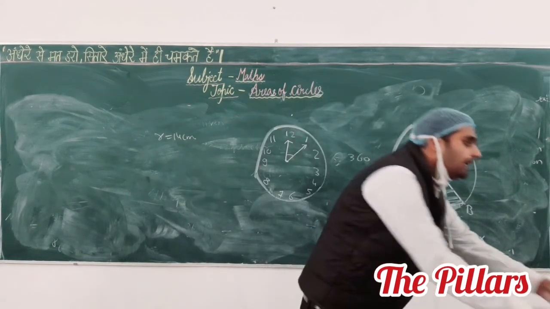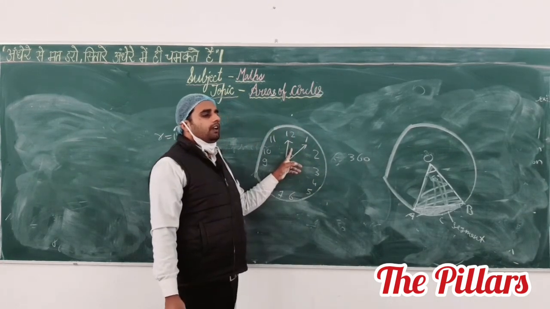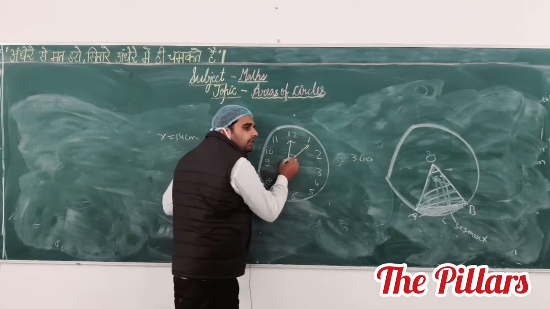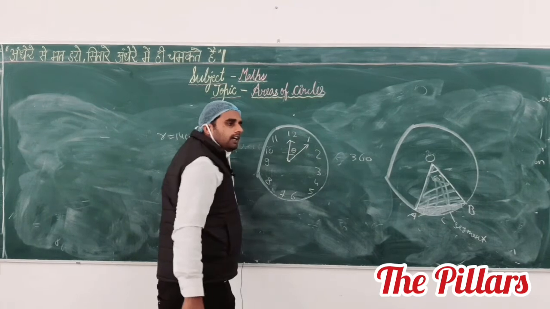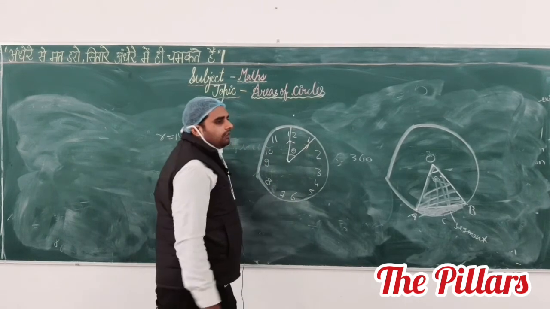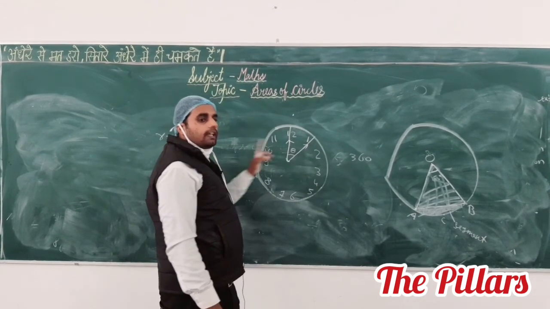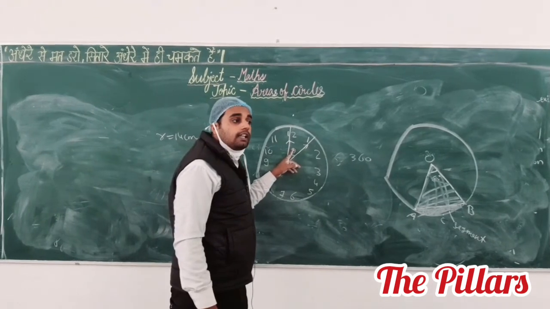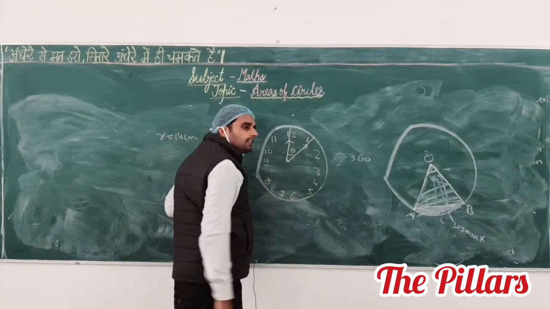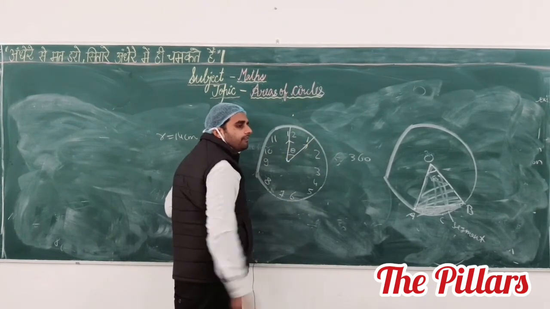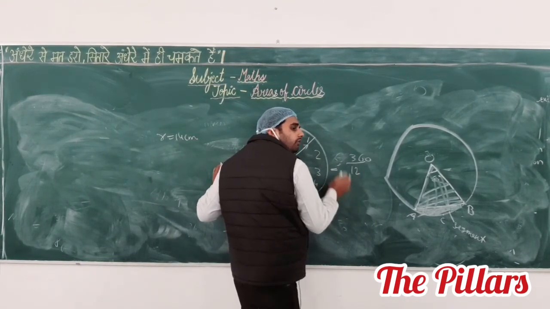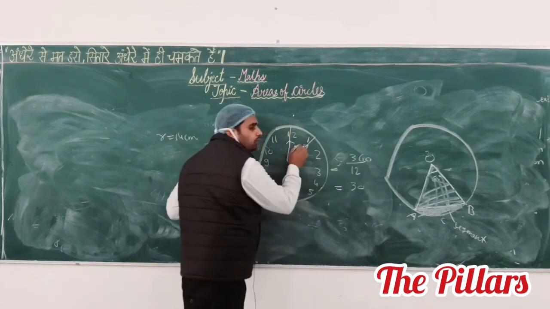The question says suppose this is the initial position. You have to fix the initial position everywhere. See, I have fixed it here. If you want, you can fix it at the 6. After 5 minutes, the position moves from this to this. It means it makes the angle theta. First, we have to calculate the value of theta, and then find the area covered by this part. This is the total area. This is theta, and theta is less than 180 degree, so it is a minor sector. The total angle is 360 degree. How many parts does it have? 12. It means 360 divided by 12 equals the part of this. So this theta equals 30 degrees.